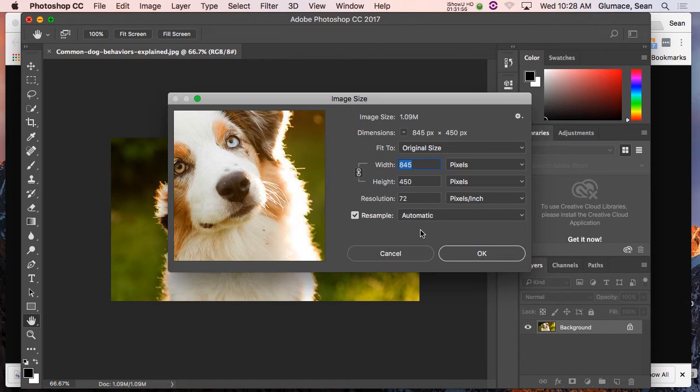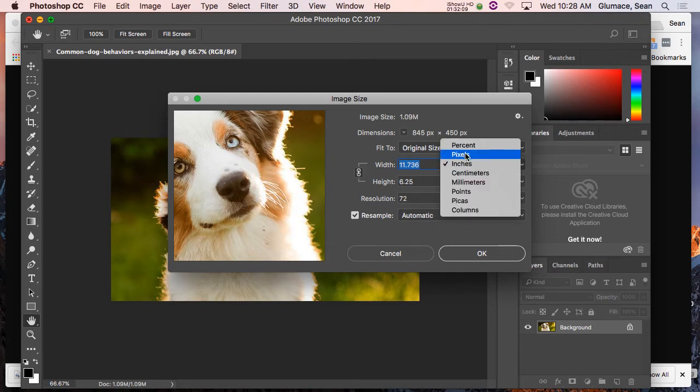This is not a really big image. I couldn't use it for print. Even though it's saying 11 by 7, this image is going to be about that big. It's tiny. So I can't use it for print, but I could use it for the web.